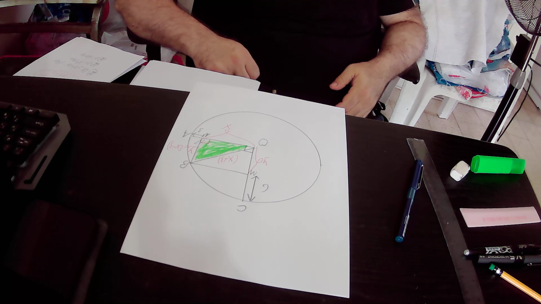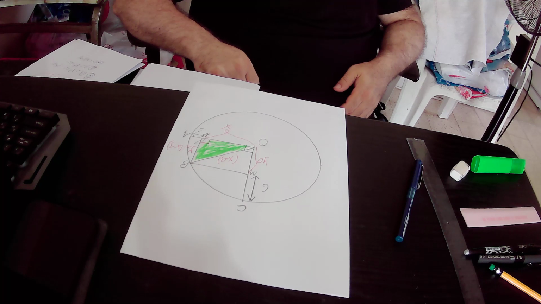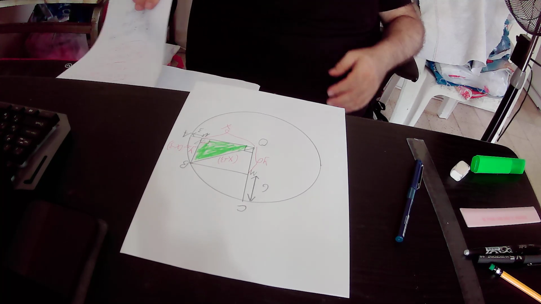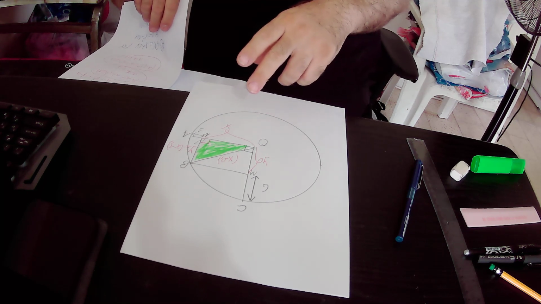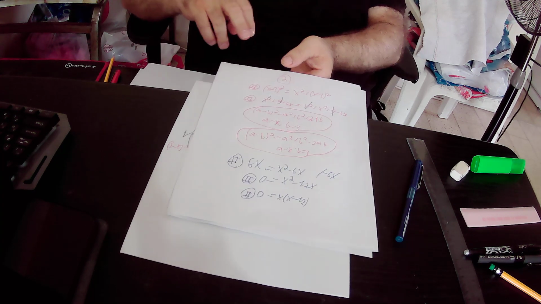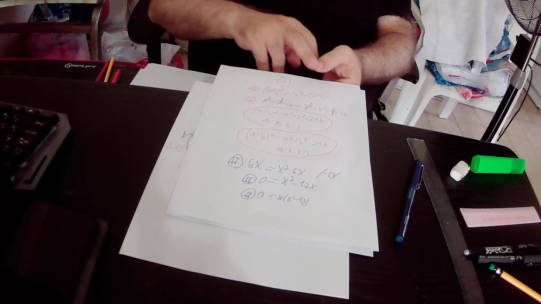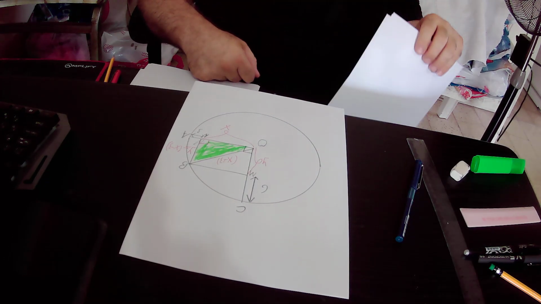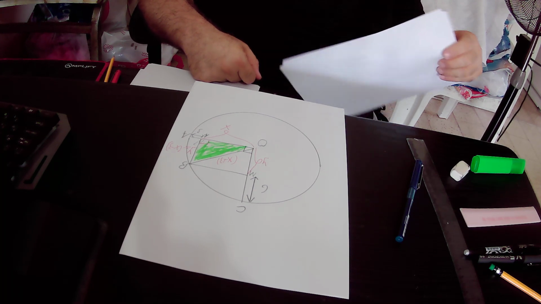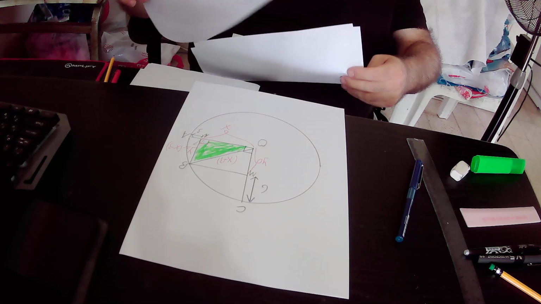The Pythagorean theorem states that the square of the hypotenuse equals the sum of the squares of the perpendiculars. That is to say, (x plus 3) squared equals x squared plus (x minus 3) squared. Okay, it is a simple equation with one variable only. We solved this equation and we found out that the value of x is